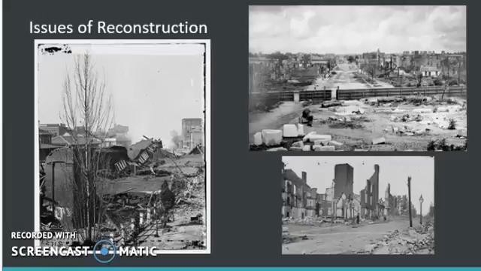The second issue that we have to consider with Reconstruction is the Southern economy. Remember, during the Civil War unit that we just finished, we talked a lot about what was happening to the South towards the end of the war, and basically every problem that the Confederacy was experiencing was because of a poor economy. We talked about inflation, hyperinflation, scarcity, low manufacturing, low food production, the embargo, so no trade, the blockade, so no trade. So it's just a lot of problems.